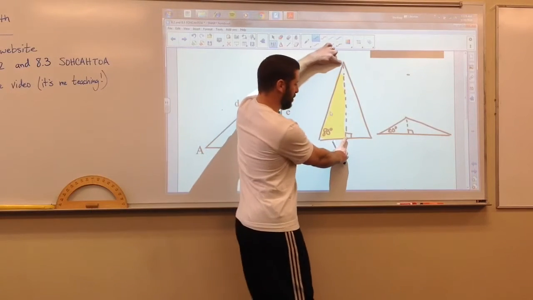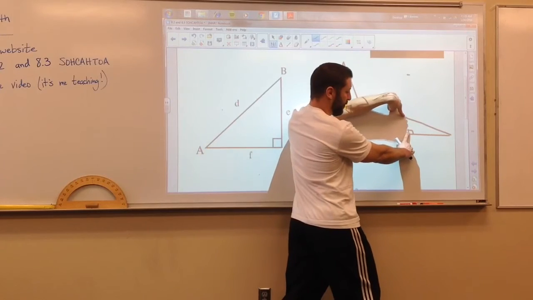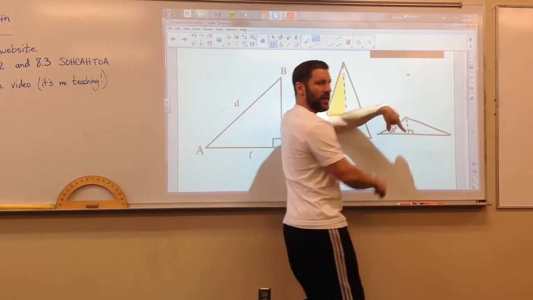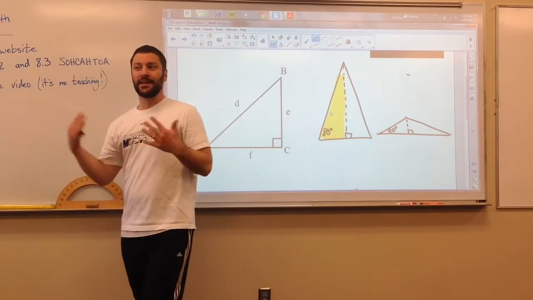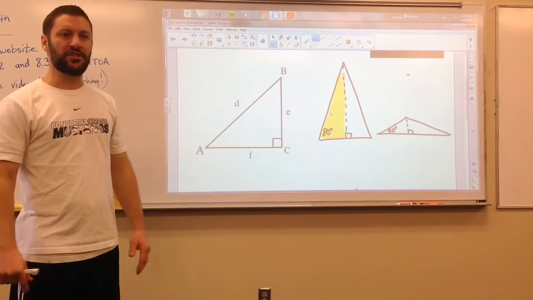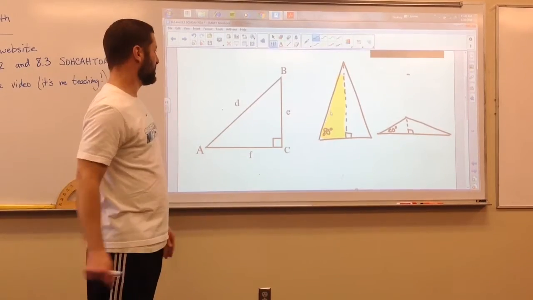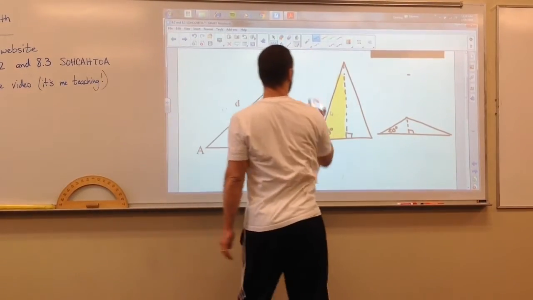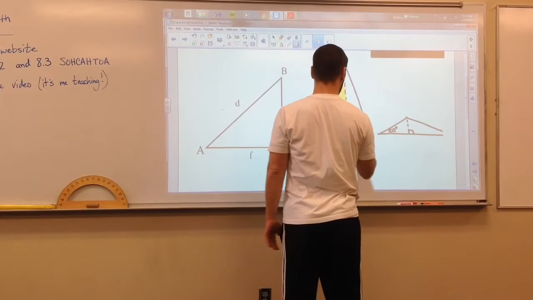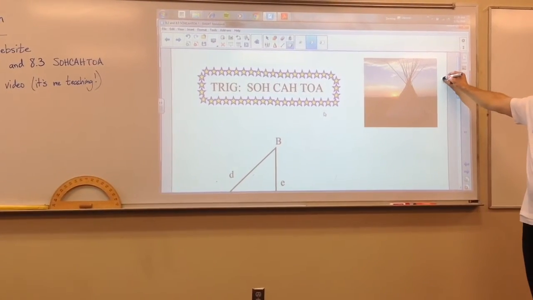Look at this. The pole, the tree I would cut down here would be a lot different than the tree I would cut down there. They were completely different trees, completely different ways of doing this. So he developed this set of trig ratios that would allow him to come up with these lengths. Here's the set of ratios he did. All right, so his name was Chief Soh Cah Toa,